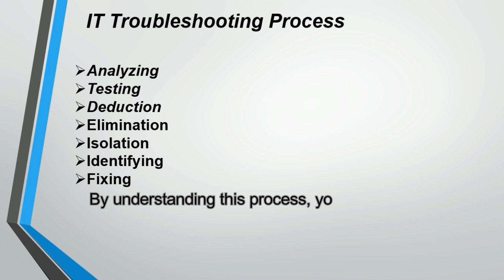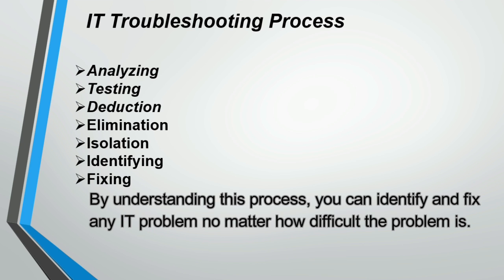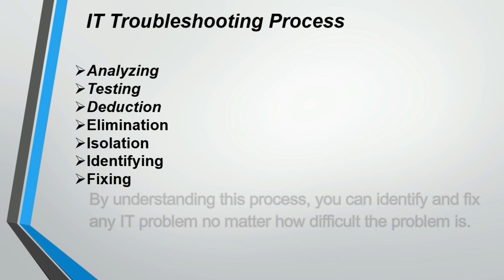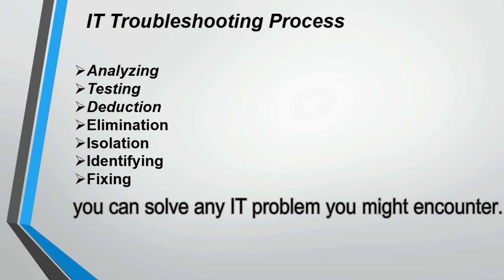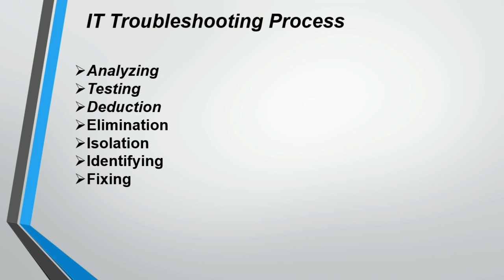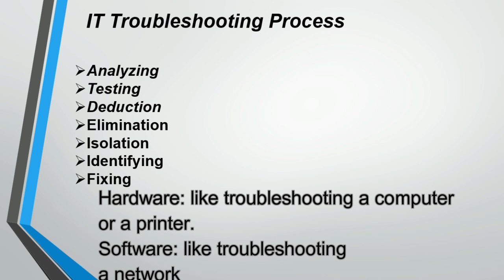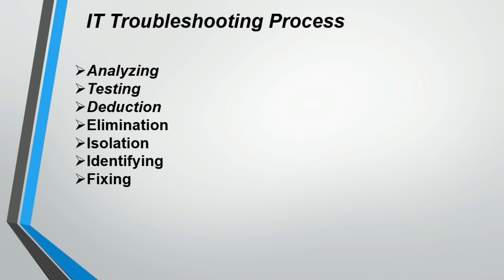IT troubleshooting process. By understanding this process, you can identify and fix any IT problem, no matter how difficult the problem is. With these 7 steps, you can solve any IT problem you might encounter, whether it's hardware, like troubleshooting a computer or a printer, or software, like troubleshooting a network connection or an operating system. These steps are